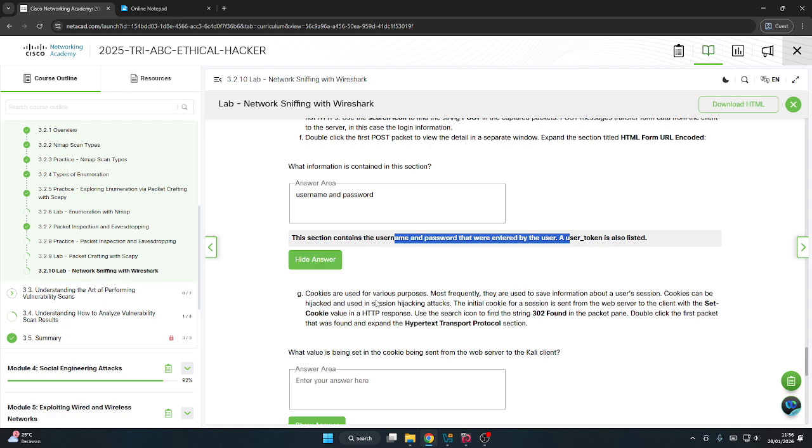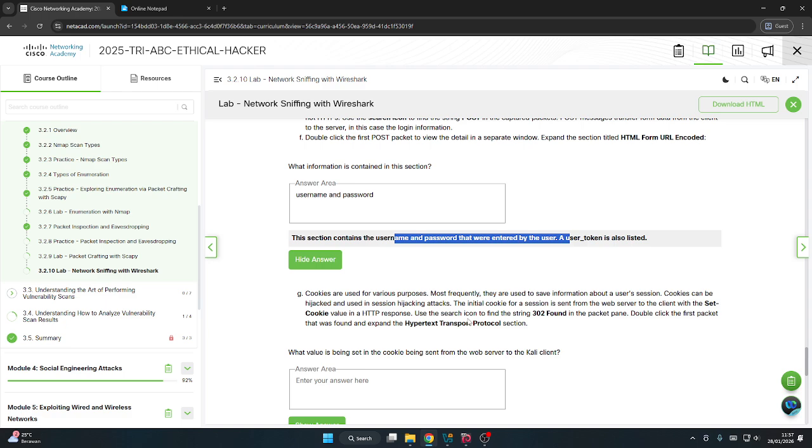Cookies are used for various purposes. Most frequently, they are used to save information about the user session, which can be hijacked and used in session hijacking attacks. The initial cookie for a session is sent from the web server to the client with the Set-Cookie header.